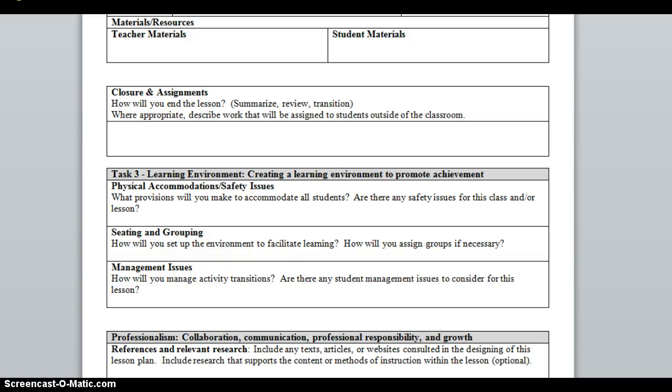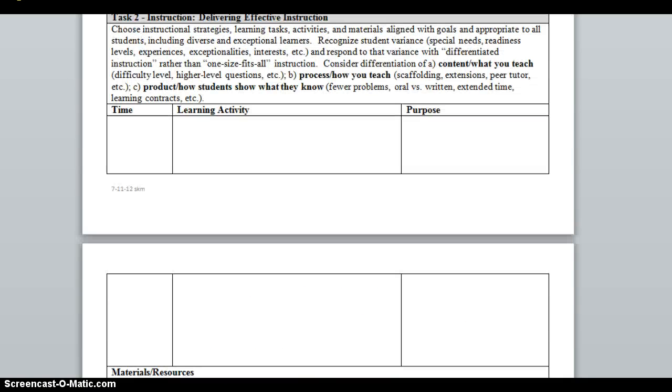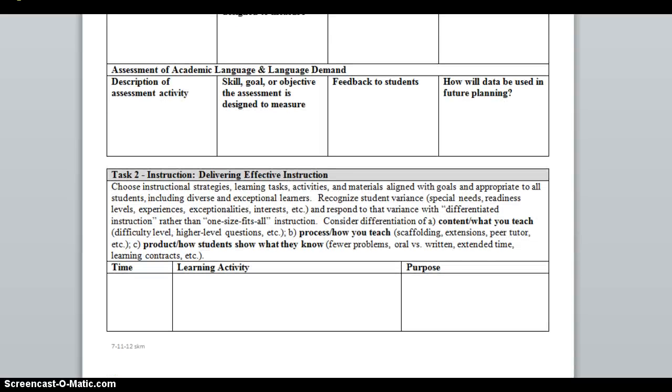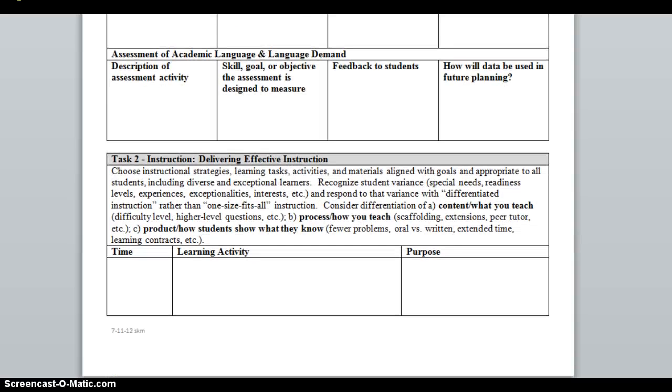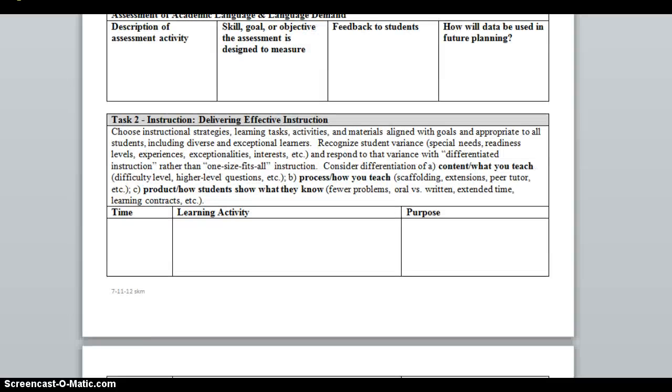Your closure, assignments. Now here is a great place to think about how you would also differentiate the physical layout of the room, the seating and grouping, and any management issues you foresee. But as you are going through your learning activities, really think about the product and the content and the process for delivering that instruction and how you can differentiate those three